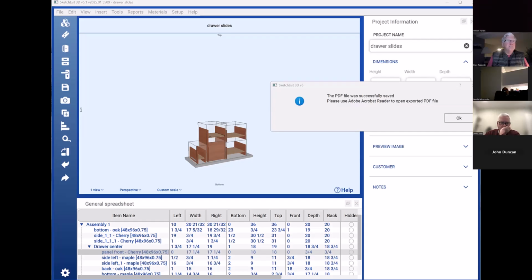And there it is. Now, what I find is that generally, I hate to say it, but generally the PDF option gives you